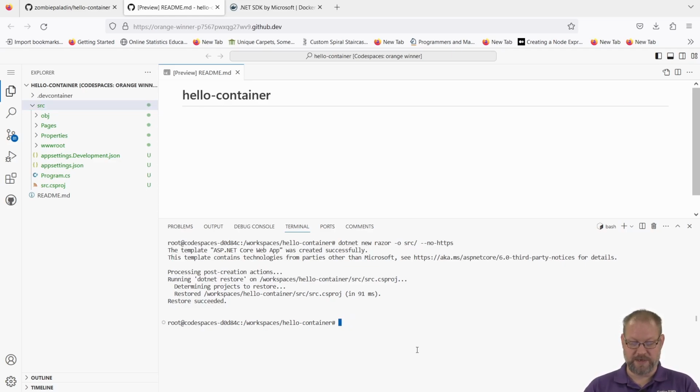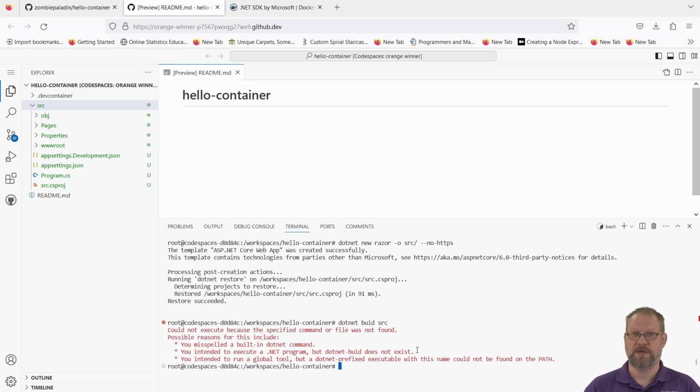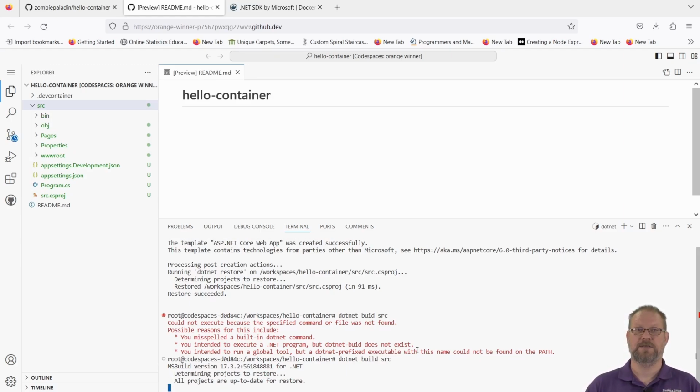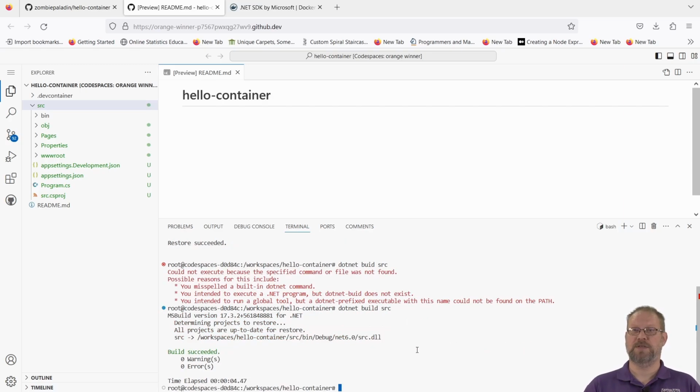And we can go ahead and run that if we want and build that with the command line tool. So .NET build, and of course we have to specify where that solution or project file is we want to build, which is in our source directory. And I need to spell build correctly. If I do that, notice it's going out, it's doing the restoration, it's building the project, and our build succeeded. I can also do a .NET